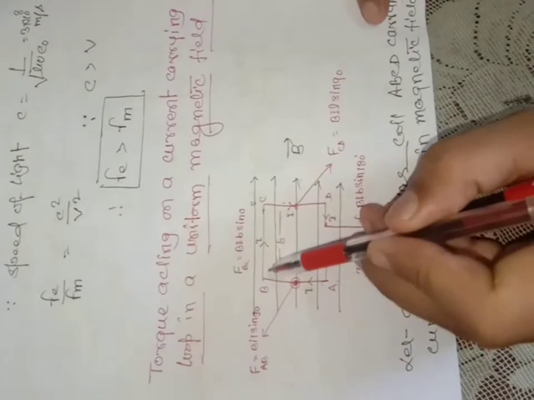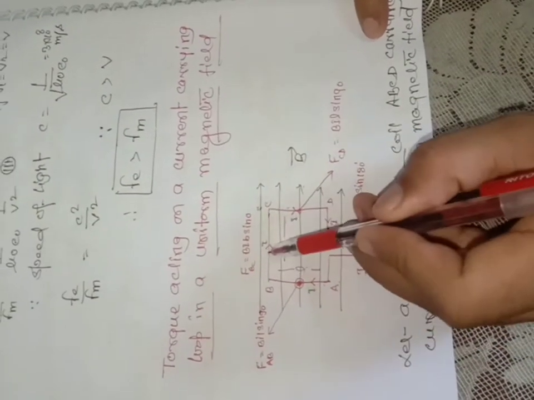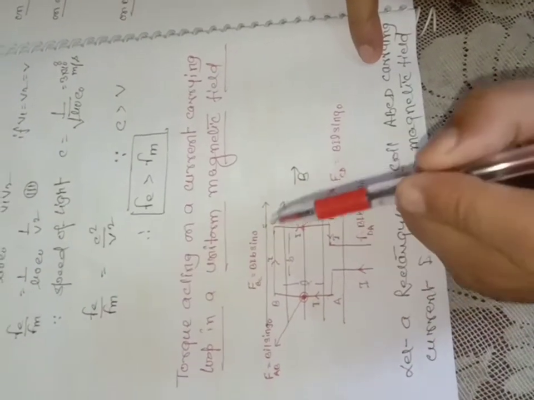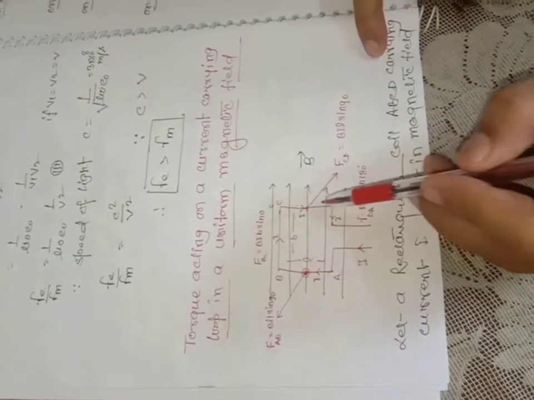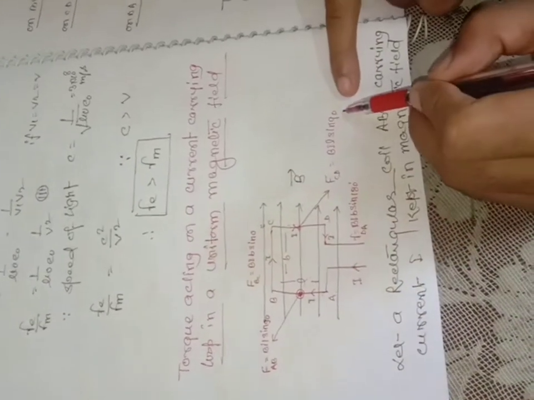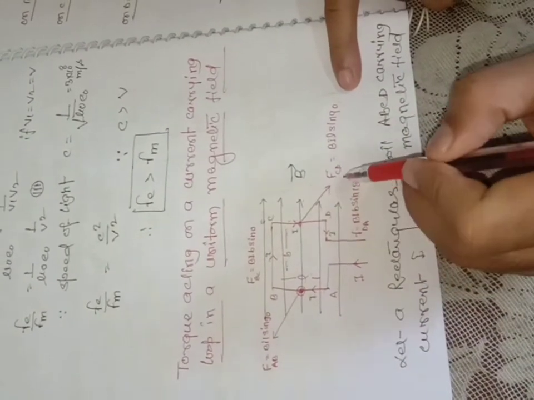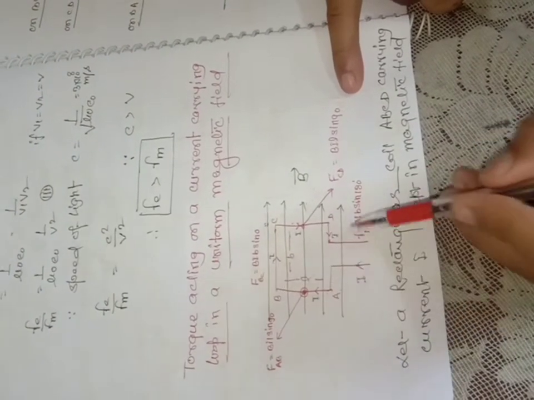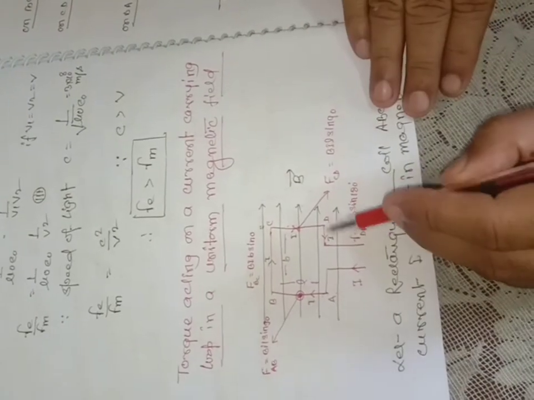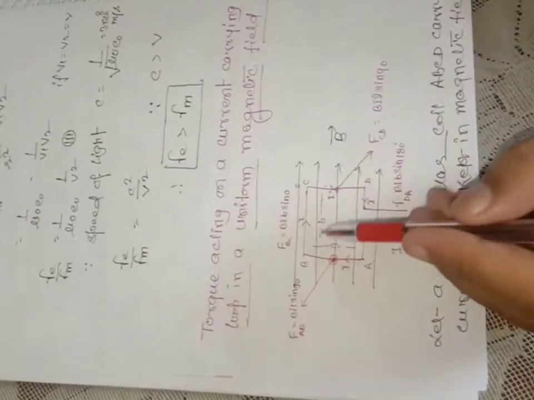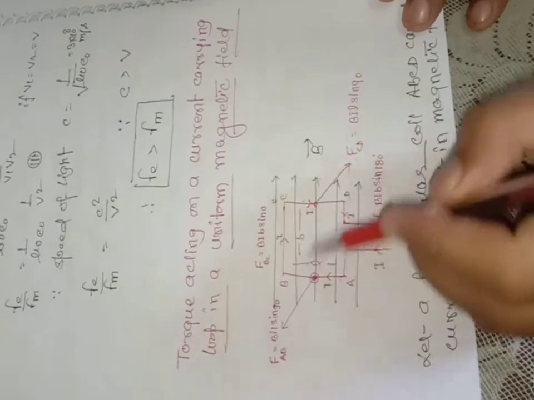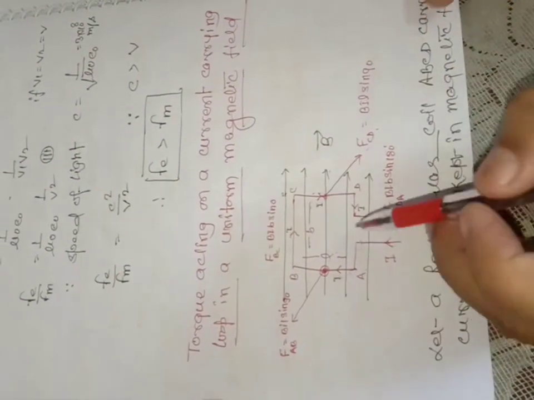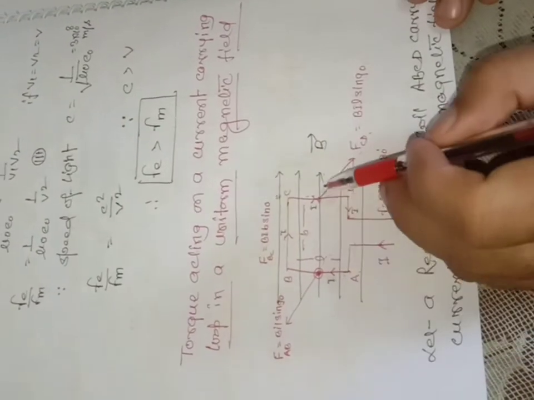So that is BIL. And the force acting on arm BC: see here the direction of current in BC is parallel to the magnetic field, so theta will be 0. No force will act on BC. Similarly, the force acting on CD is also BIL sin 90, so that is BIL, but the direction of this force is opposite to the direction of the force experienced by AB. Similarly, on DA no force acts because DA is itself parallel to the magnetic field. It means in this complete rectangular armature, two equal and opposite forces are acting, that is BIL and BIL. Correct? Their direction is opposite, so what happens? A torque will act on it.